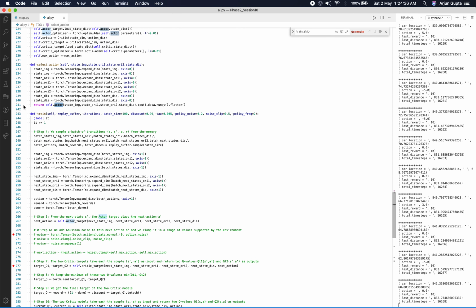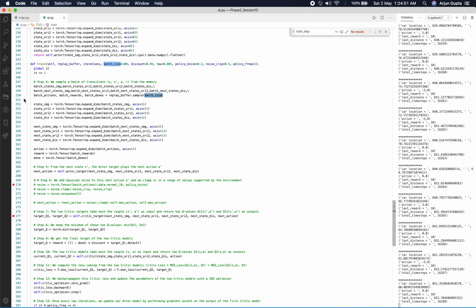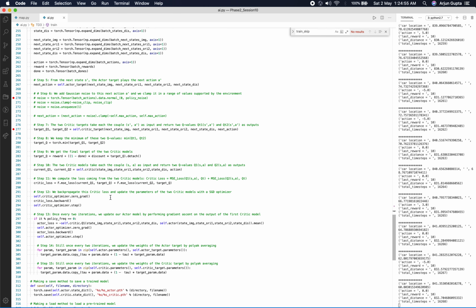Then comes the train function. It calls the sample function of the replay buffer to get some random samples equal to the batch size, and we have defined batch size equal to 100. And yeah, after that, these are the steps for the T3D algorithm.